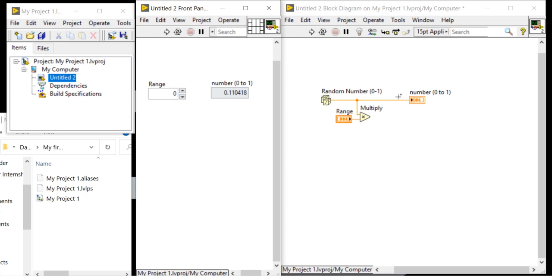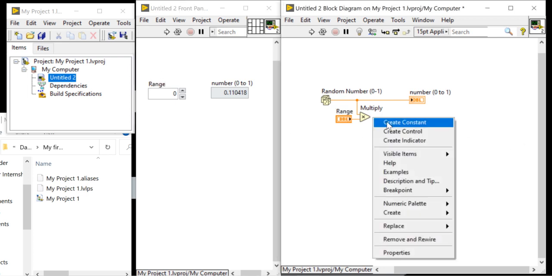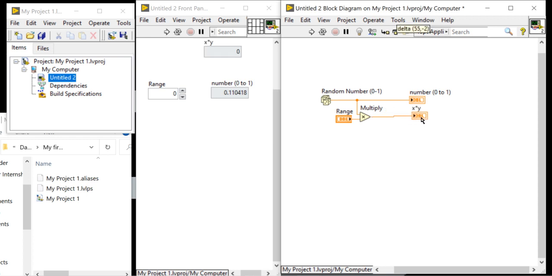After the multiply, we can create an indicator.